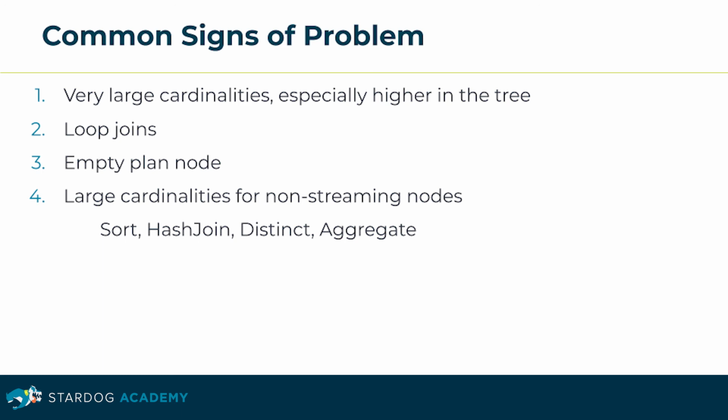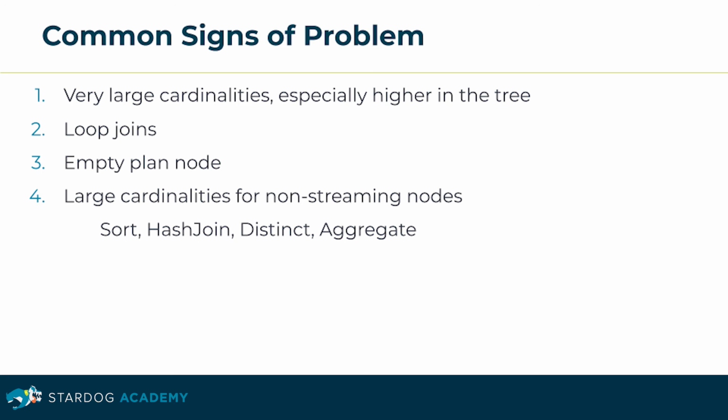Second, we want to avoid a loop join and make sure that our joins have appropriate keys that can be followed. In the event of an empty plan node, that could also indicate that we're going to have a join that is not what we expected. And then finally, the large cardinalities for non-streaming node types. So sort, hash join, distinct, aggregate. Finding ways to either limit the amount of data or perform a more selective query when you must do a sort, or you must have a hash join, or are performing aggregate type of operations like counts, distincts, and aggregates,